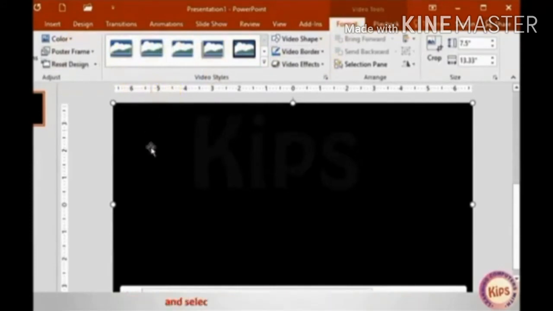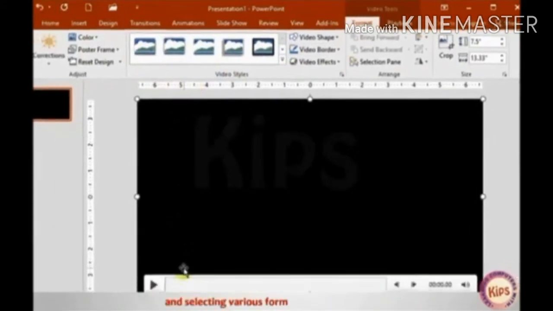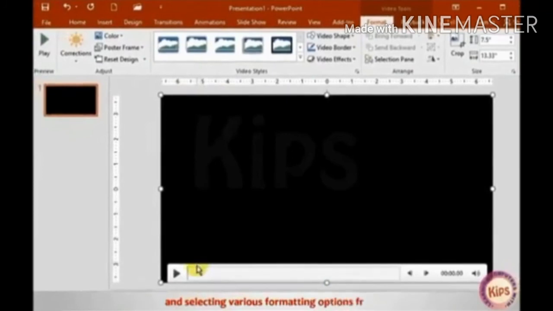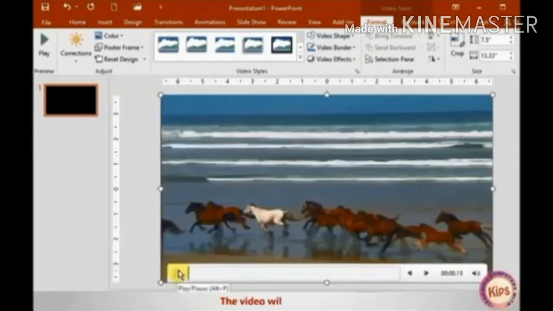You can format the inserted video by clicking on the format tab and selecting various formatting options from it. Click on the play button present either below the video clip or at the extreme left of the ribbon.